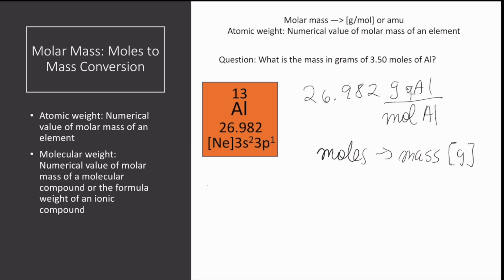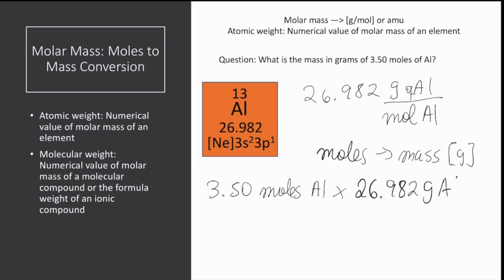So we start with 3.50 moles of aluminum and we multiply times this conversion factor. In this case, 26.982 grams of aluminum for every 1 mole of aluminum. So the units of moles of aluminum cancel. Multiplying 3.50 times 26.982, without simplifying, we get